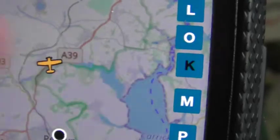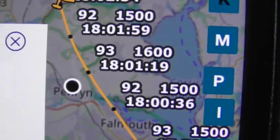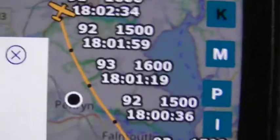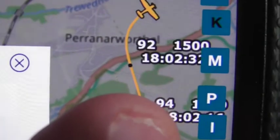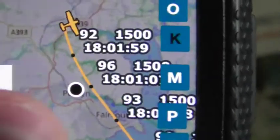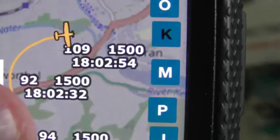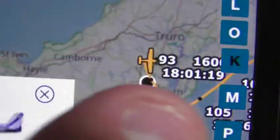There we go, there you go. He's flown here to about 15,000 to 16,000 feet. As you can see now, he's just flying at pan level. So yep, as you can see, I think it looks like it's about to turn around or something there. Now he's just going towards Devon, but it looks as if